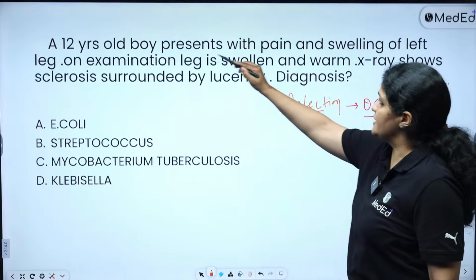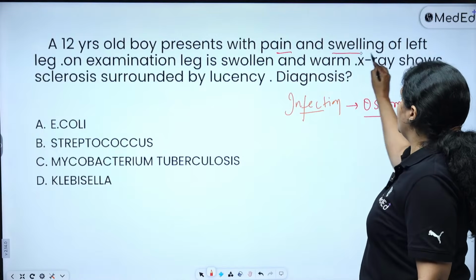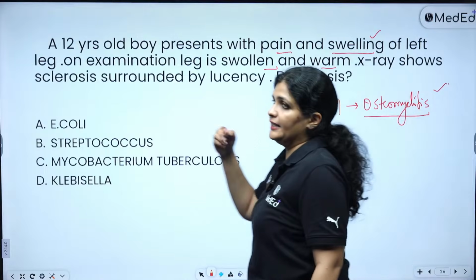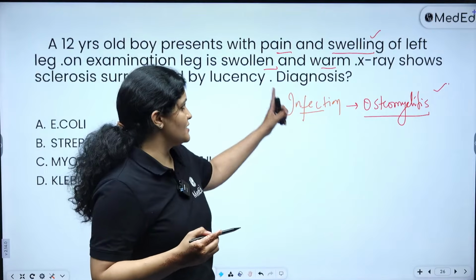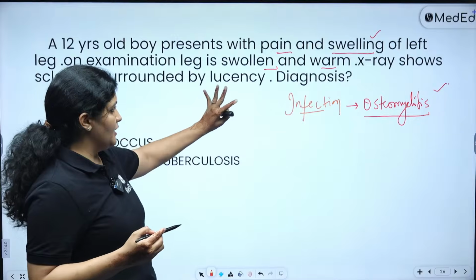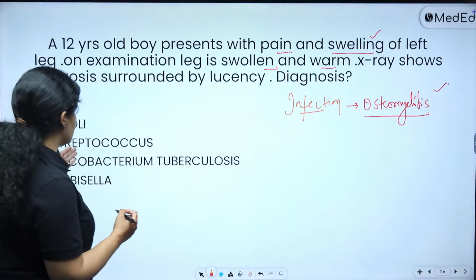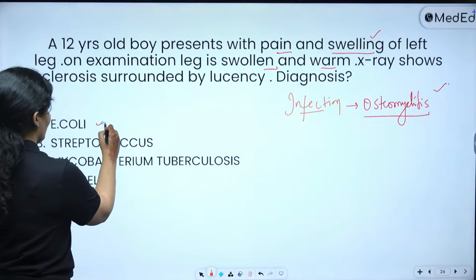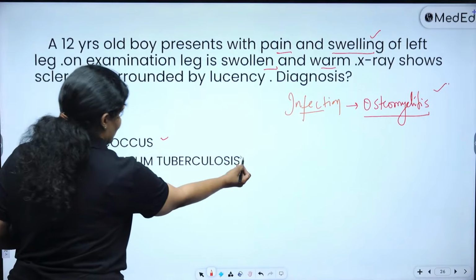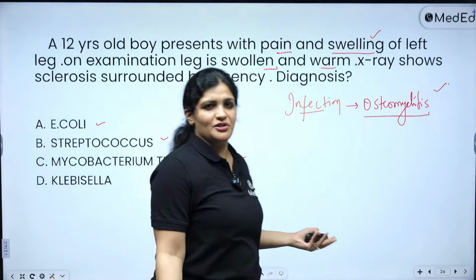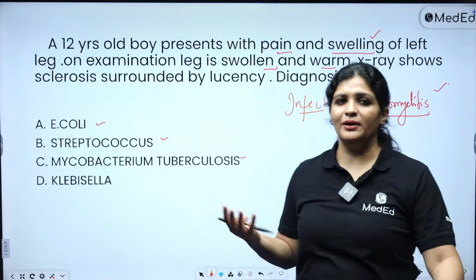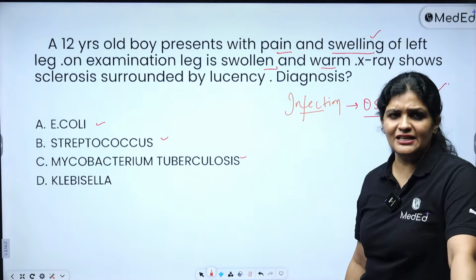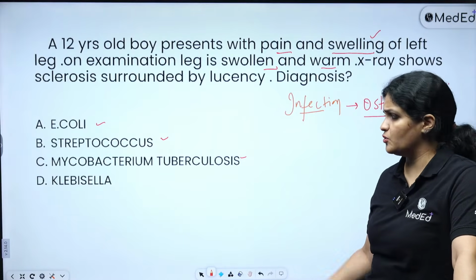This is a 12-year-old boy with pain and swelling, warm and swollen, so there is already a high chance of osteomyelitis, and you see sclerosis surrounded by lucency, and you know all of these produce sequestrum. So sequestrum is formed by E. coli, streptococcus, and Mycobacterium tuberculosis also will produce sequestrum. The one thing which is uncommonly seen is Klebsiella. So usually we don't see Klebsiella associated with bone infections. So the answer could be